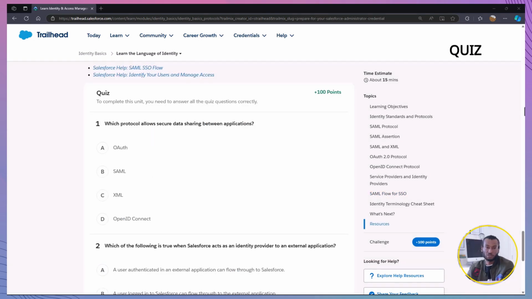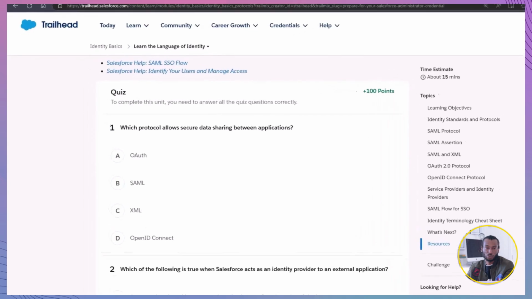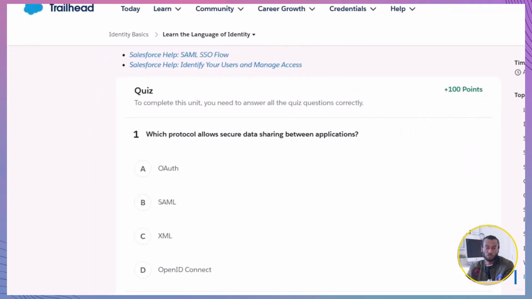All right, let's put that knowledge to the test. Here's a quick quiz. Question 1. Which protocol allows secure data sharing between applications? A. OAuth. B. SAML. C. XML. D. OpenID Connect. The correct answer is A. OAuth. OAuth 2.0 ensures secure data sharing between apps, allowing you to see data from one app while working in